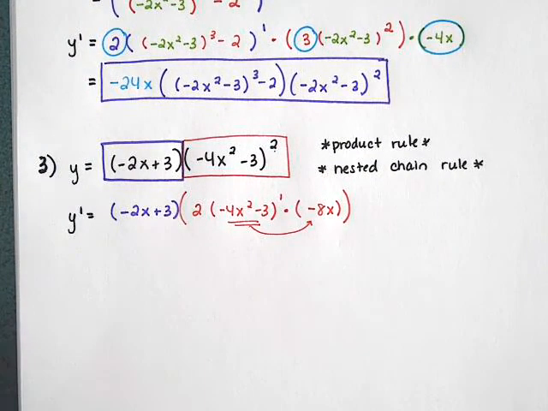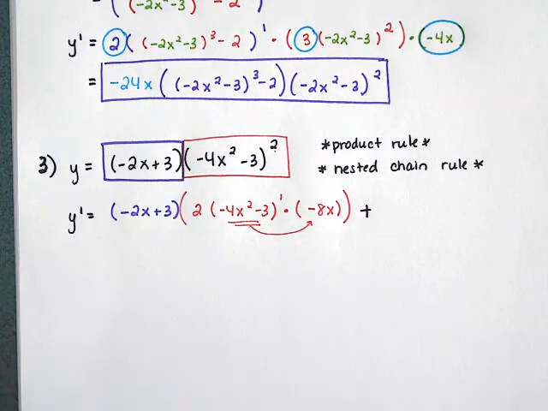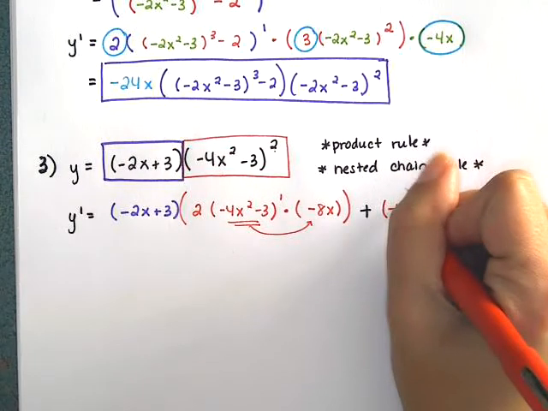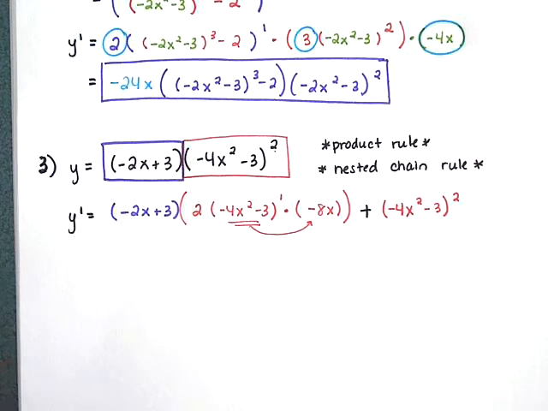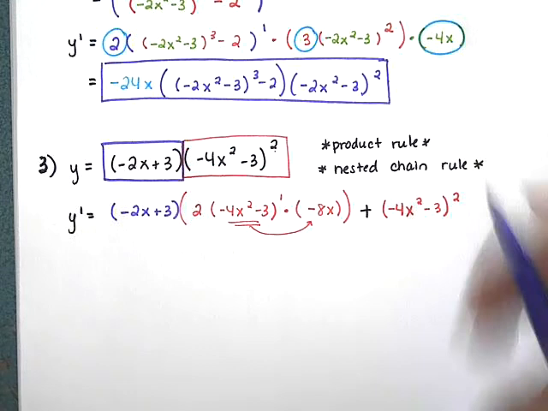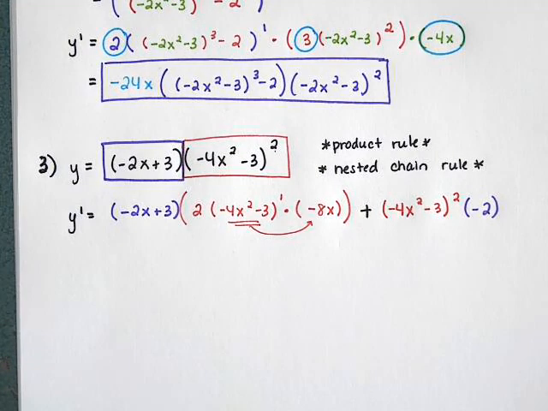Now I'm going to put a plus sign because product rule says we add. And I'm going to copy the second, which would be negative 4x squared minus 3 squared. Derivative of the first, which would be negative 2. From here, it's just a matter of algebraing, which I do understand is actually, for the most part, the harder